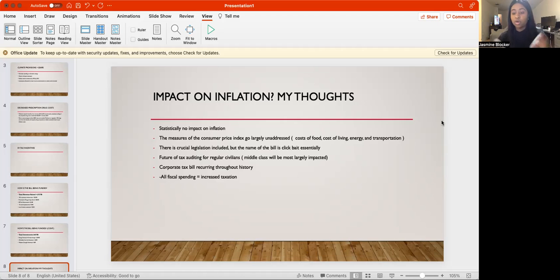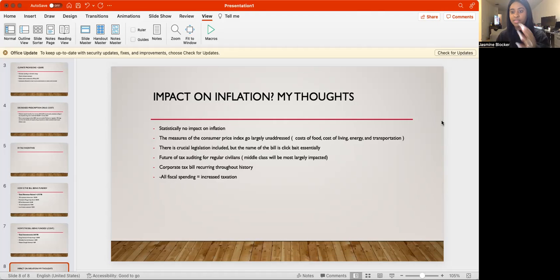And the corporate tax bill that we've seen, of course, this is a good thing. We like to see this, but the problem with the corporate tax structure is it always starts out at a really high revenue bracket. So right now, the provisions are if you're a corporation generating $1 billion in revenue, you're going to have a 15% minimum corporate tax. But what happens is a couple years go by, that $1 billion in revenue gets dropped down to like 500 million. That 500 million in revenue gets dropped to 100 million, and then it trickles down all the way to small business owners. So as we've seen throughout history, trickle down economics, it only ever fails.